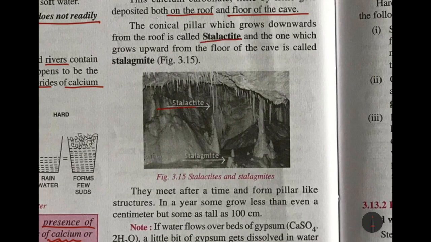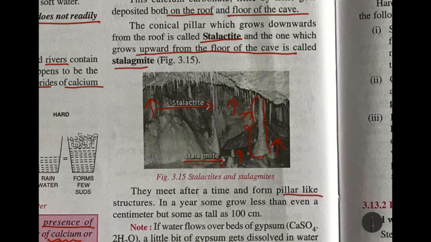You can see here growing downward, all these are stalactites. And the one which grows upward from the floor of the cave is known as stalagmite. There from the floor, can you see? In the upward direction, it is growing upward, that is known as stalagmite. And sometimes in this case here, can you see, the stalactite coming from the top and the stalagmite coming from the bottom have met, and it has formed